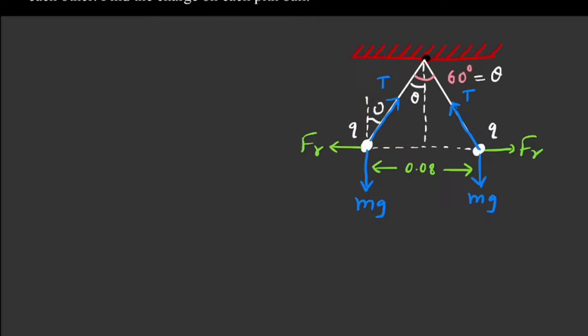what is this? This is also theta, and if this is theta, when you resolve the T along this axis, what must it be? It must be T cos theta, and when you resolve it along this direction, it becomes T sin theta. Okay, and the same thing happens for this charge also, because both are the same charges. We need to calculate this for any one charge.